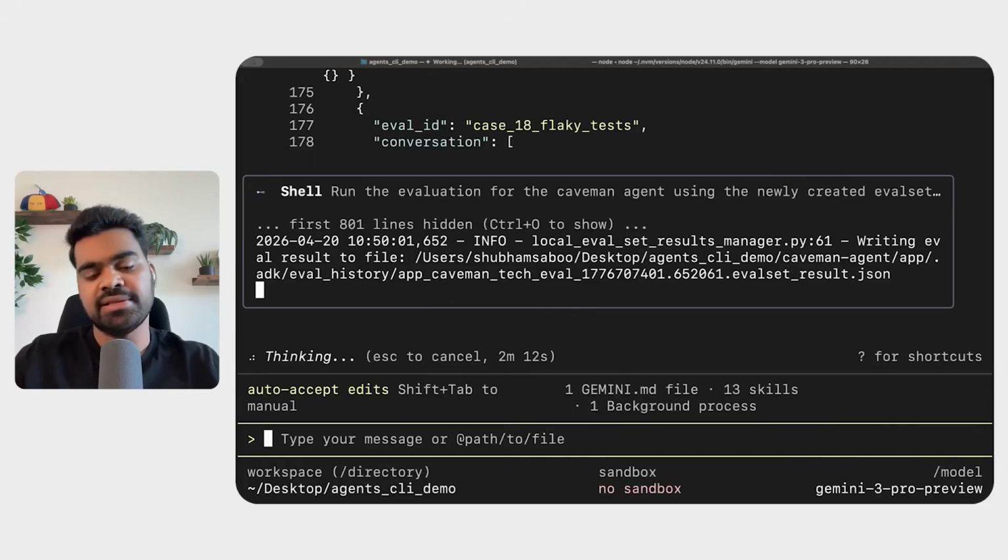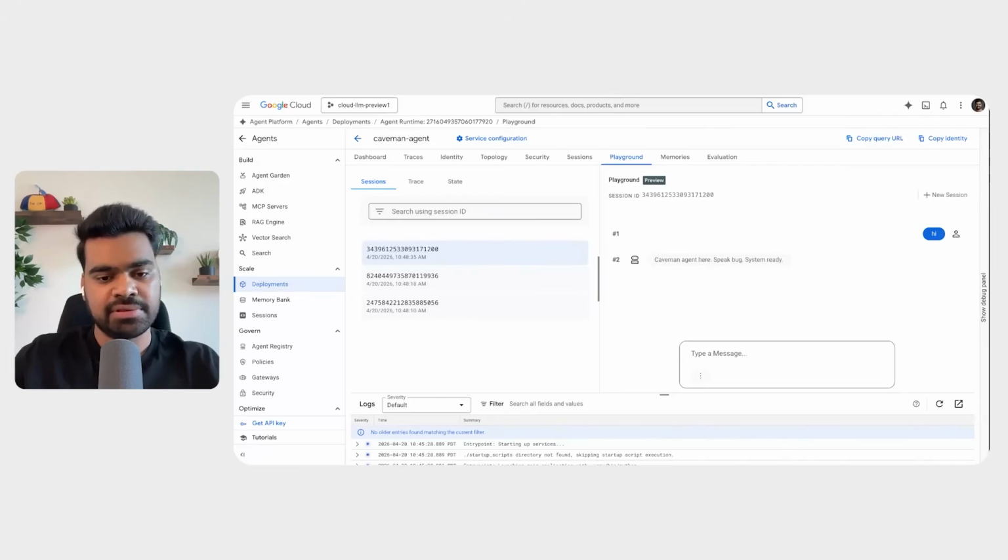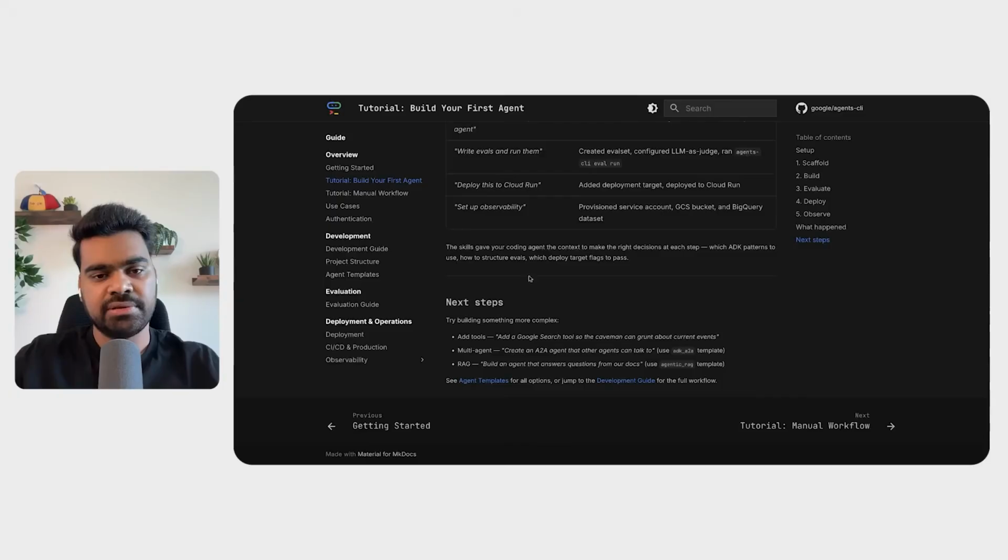And the next thing that you could really do here is extend your agent. I want to go back to the docs and show you how you can extend the functionality of this simple Caveman agent that we built through simple prompts. All the way to the bottom, we have built the agent. We have already deployed the agent on Agent Engine. We have asked the agent to write evals, and it is already running them for us. Next thing that you will want to do is add tools to your agent. So to add a Google search tool to your agent, all you